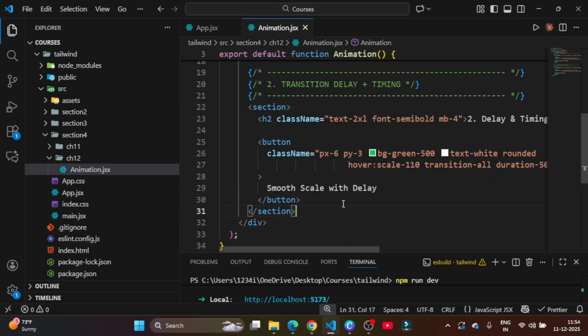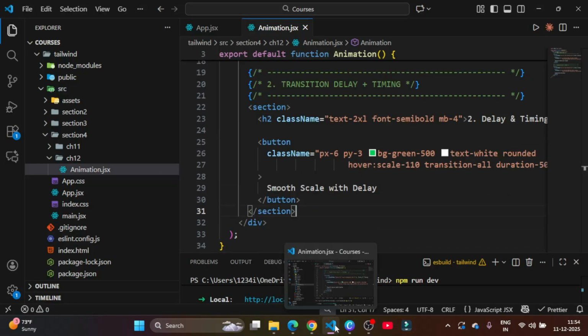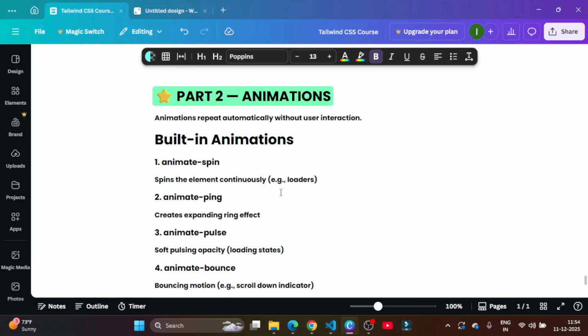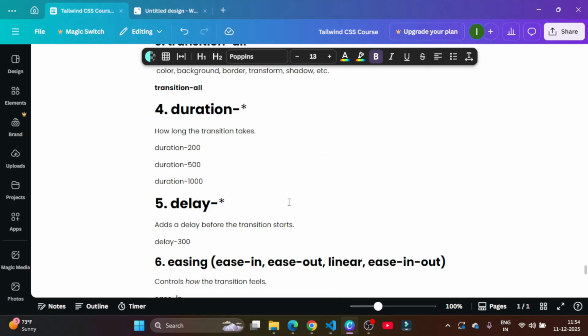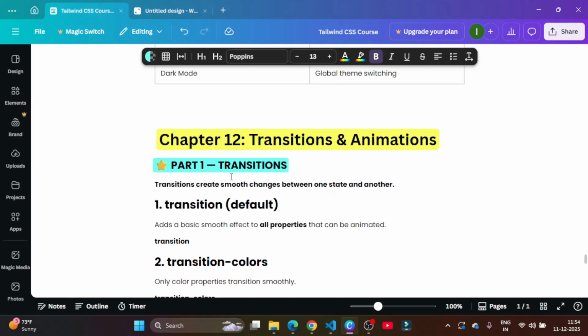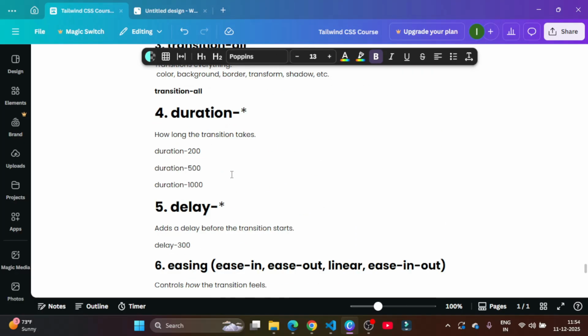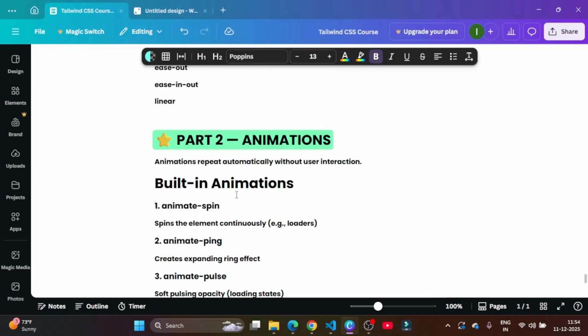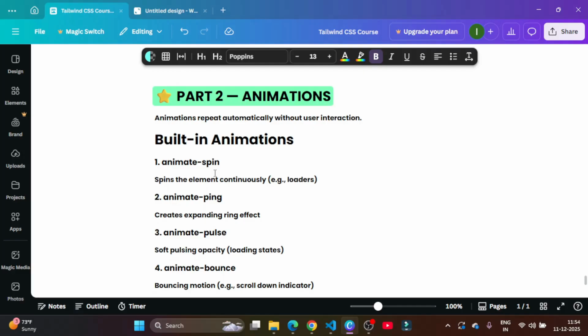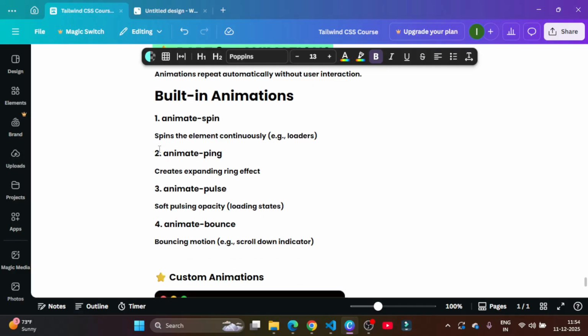And then we have the transform. The second part is animation. So this is transition, and then we have animation. Animation repeats automatically without user interaction. That is animation, right? We have built-in animation, that is animate spin, animate ping, and